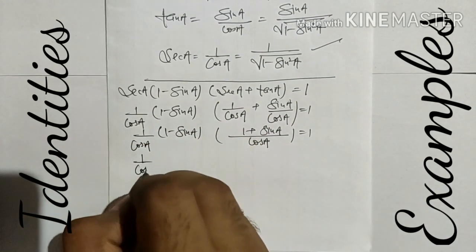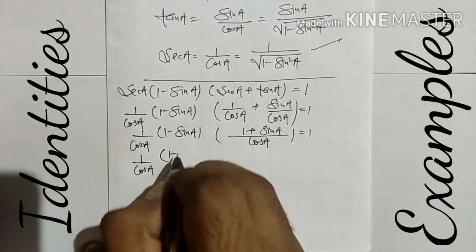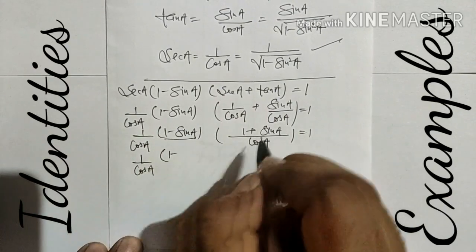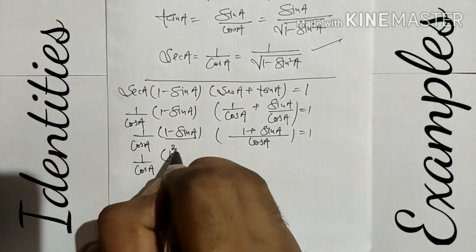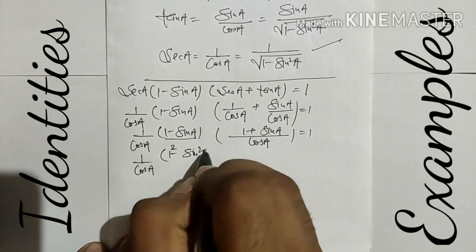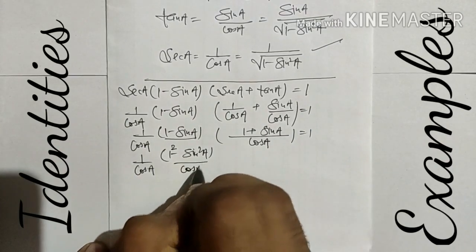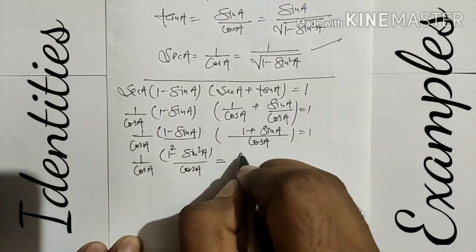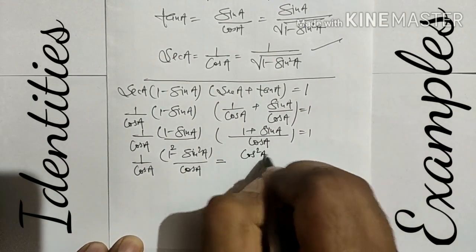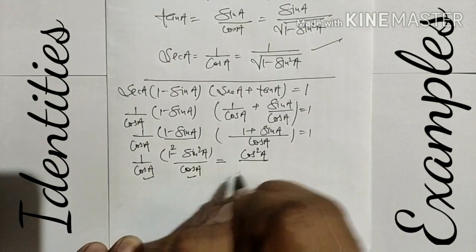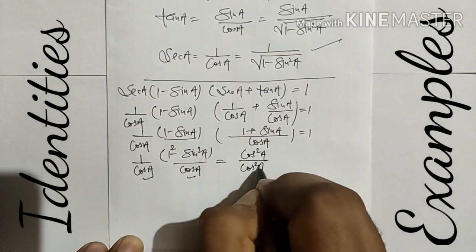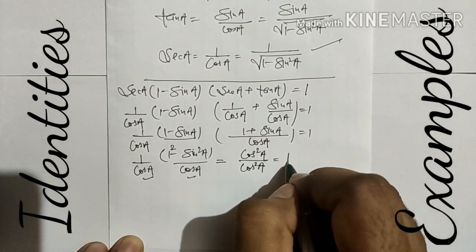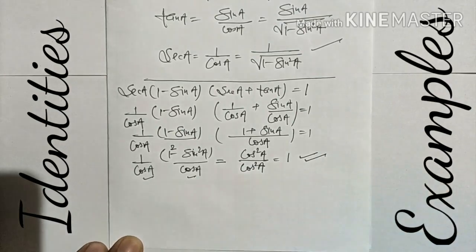First bracket remains same. It becomes A minus B, A plus B. So by identity, A square minus B square. This LCM remains same. If we simplify 1 minus sine square theta, from first identity we know that it is cos square theta. Downside cos A multiply cos A, it also becomes cos square. Both are same, cancel out, so we get 1 as an answer.